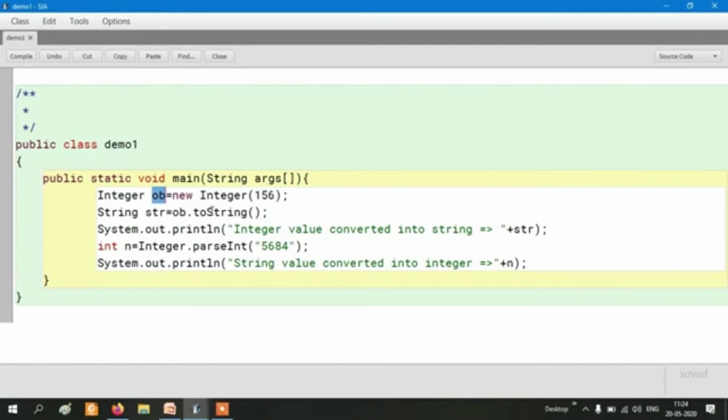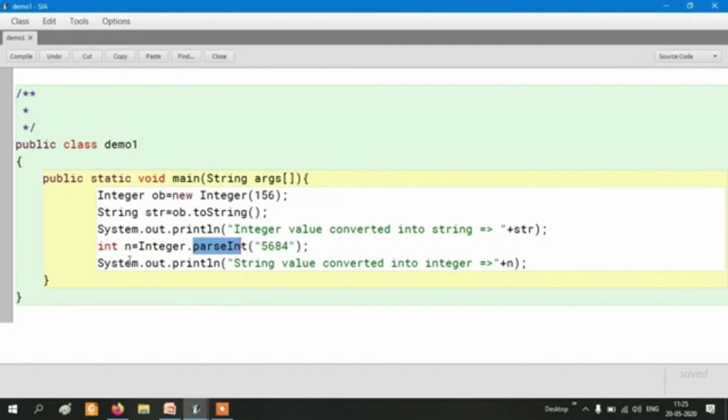And in the second one, int n equal to Integer.parseInt of 5684, it will convert the string value to the integer. Child, please run all these programs on your computer and try to see whether you get the same output or not, because the more practice you do, the more you will understand these parse methods.